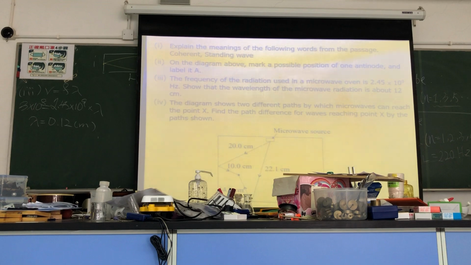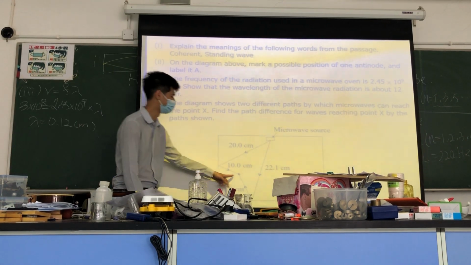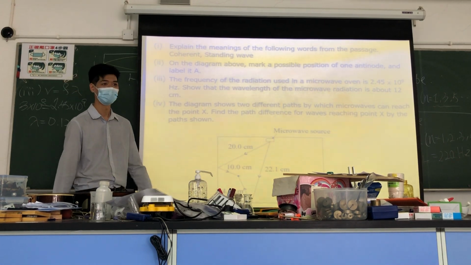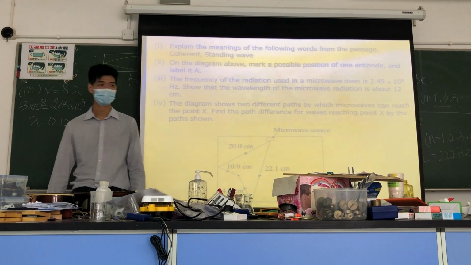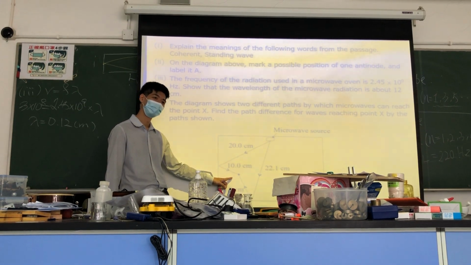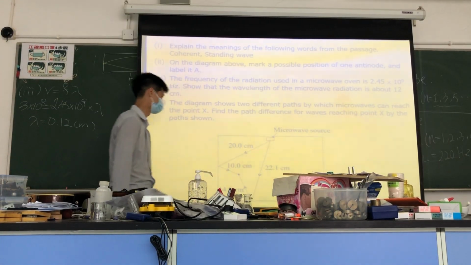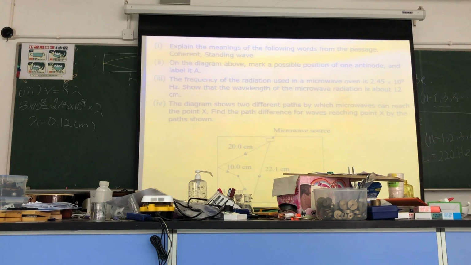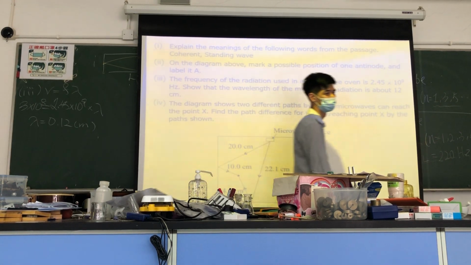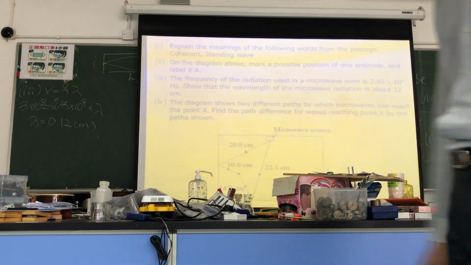X 喺呢度。呢個 path difference 係幾多啊？咁咪攞呢個20加10減呢個22.1加14，咁係幾多啊？6.1 cm。咁所以嚟到呢個 point，constructive interference 定 destructive interference？